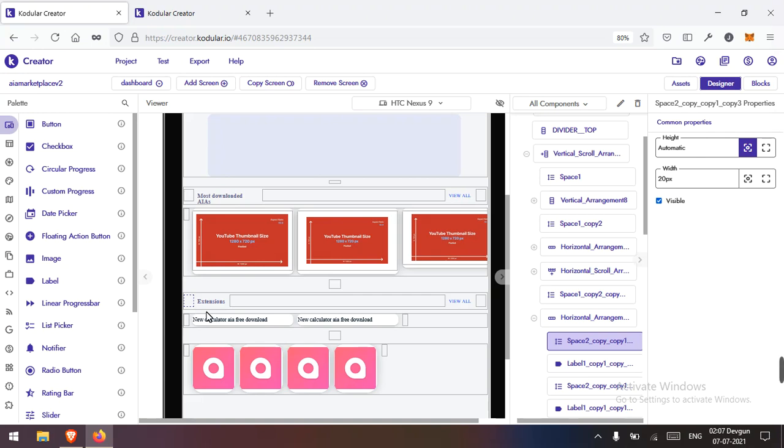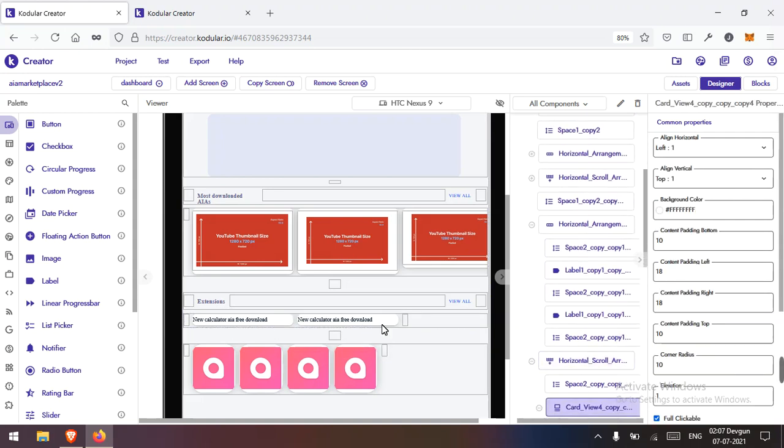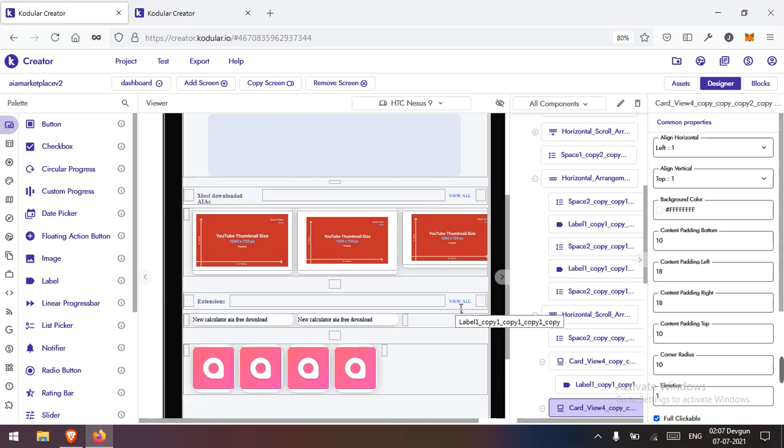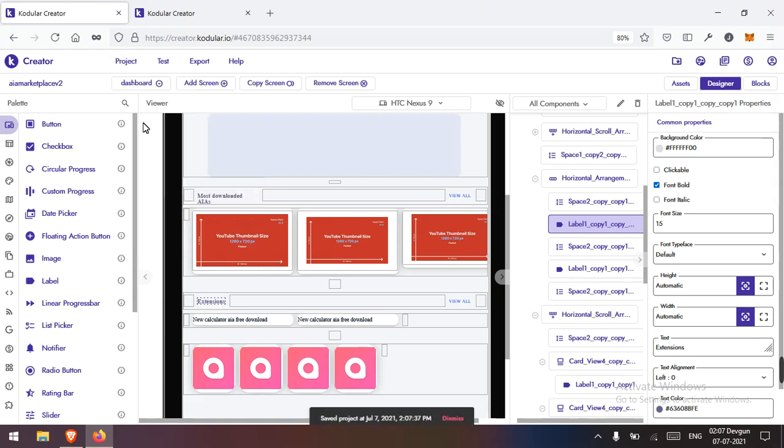But in the middle, I have made these extensions things, where a few extensions will be displayed on the first page, and the rest of the content will show when the user clicks this view all, so they will see every single extension on the next page. So now I think